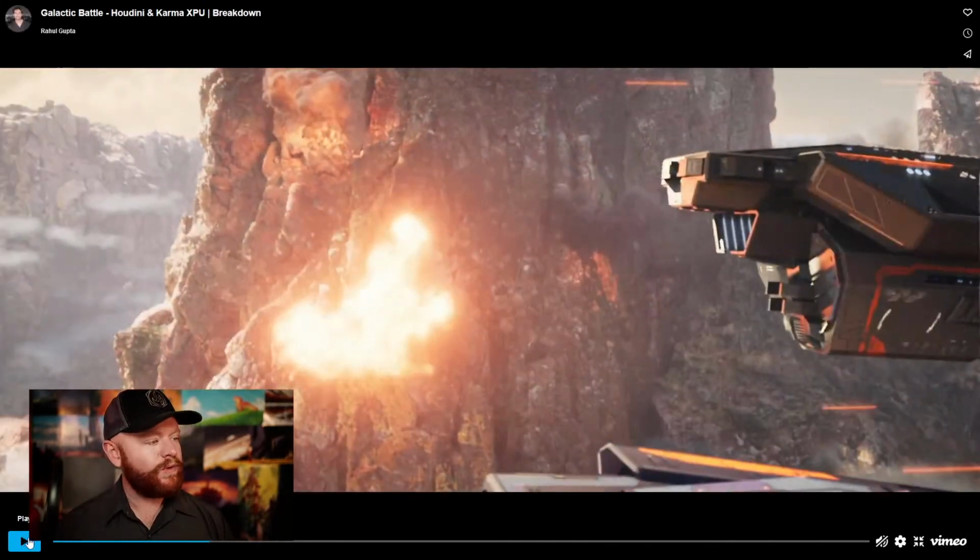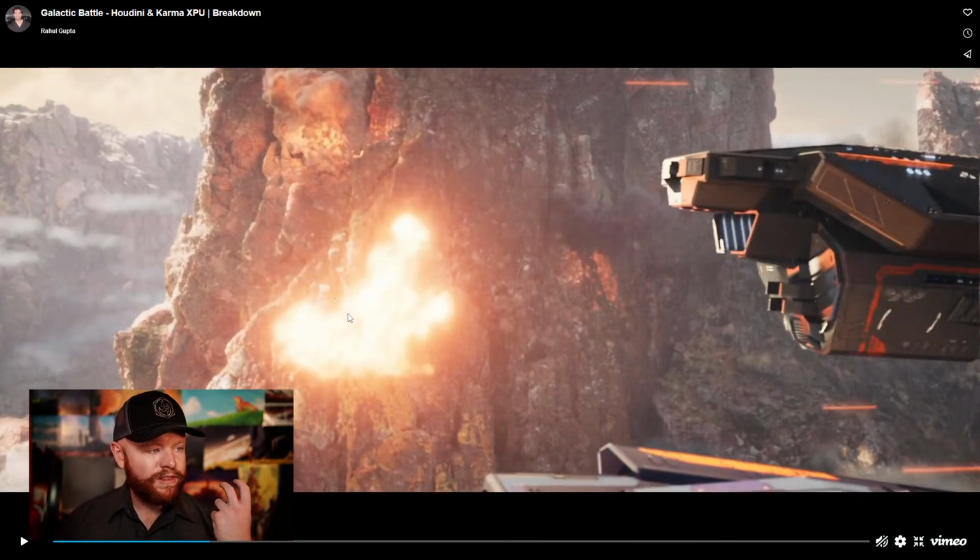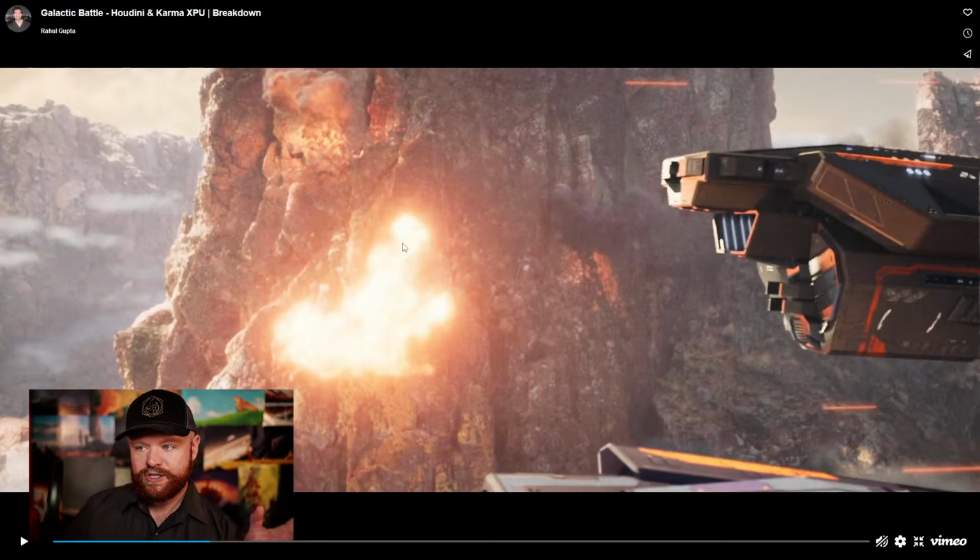If it was me, I would just go a little bit less glowy on everything. I mean, I think we're getting to the point here in our explosions where this is just a glowy blob, and I think that this could do for some more detail. I mean, imagine this wasn't a glowy blob, and you could actually tell the shapes of the flames. It maybe has some sparks fly off of the